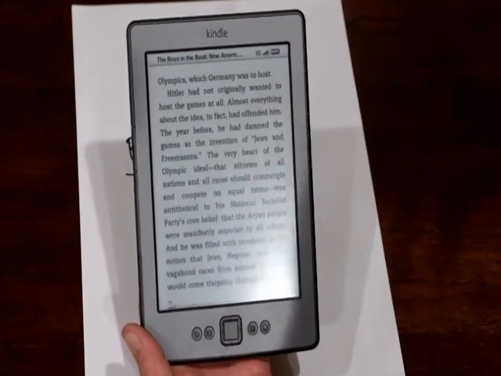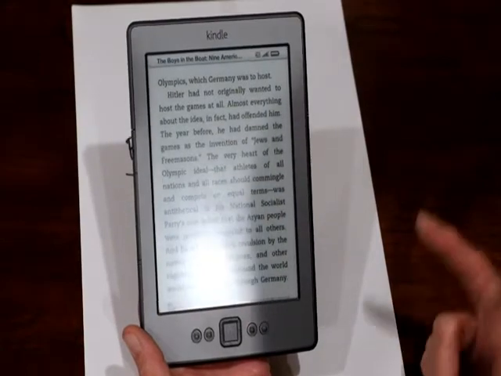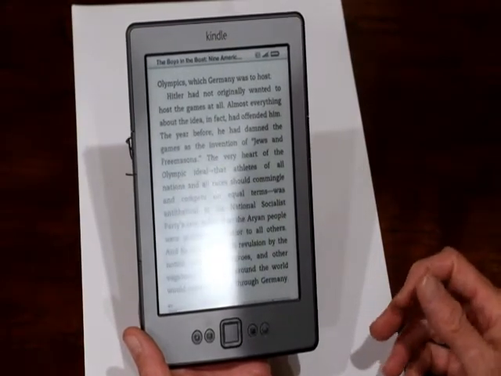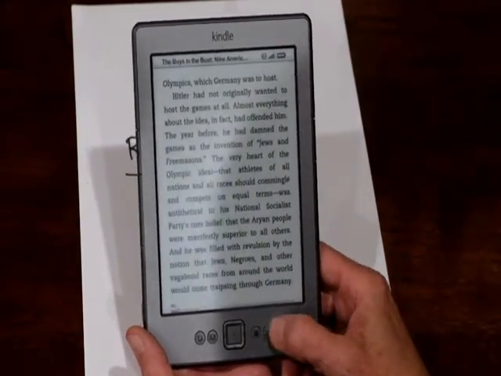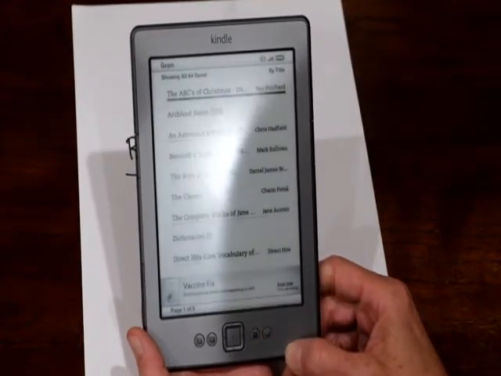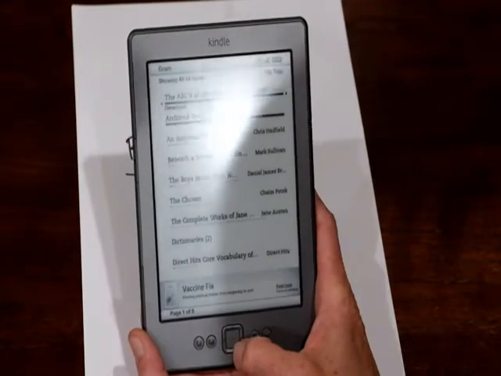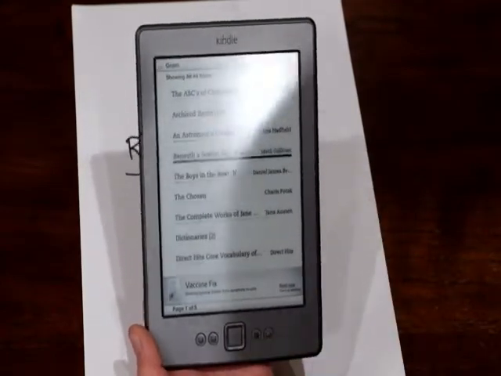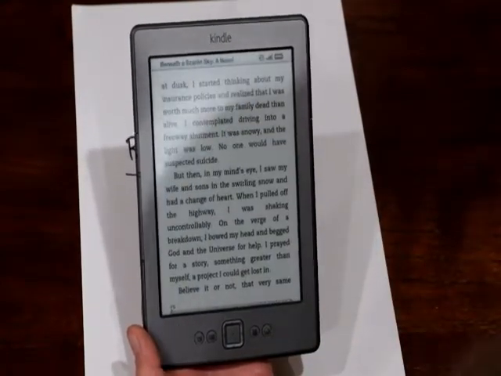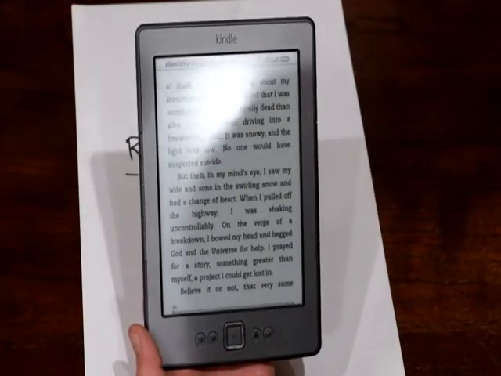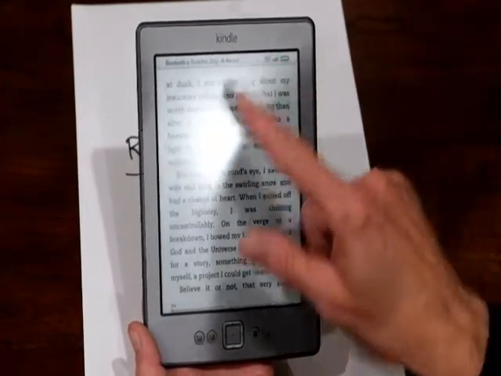Okay, so we wanted to know how to move between books, how to move within a book. So if I want to change stories, I go to my home page and say, I'd like to read Beneath the Scarlet Sky. So I hit enter. It takes me to Beneath the Scarlet Sky. Within this book,